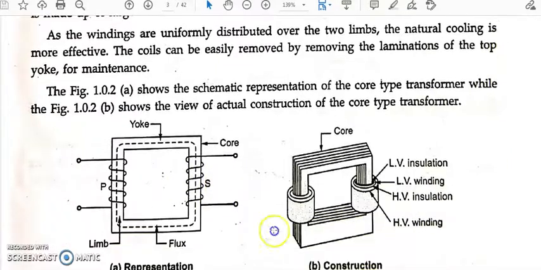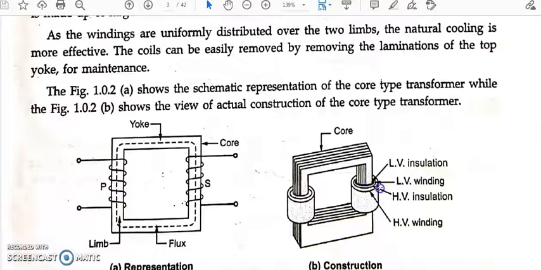Here we have wound low voltage as well as high voltage on both of the limbs. You can see low voltage is wound closer, that is nearer to the core, and high voltage winding is wound above the low voltage winding. The reason we wind low voltage first, inside, is the insulation, as we need less insulation for low voltage winding. If you wound high voltage first here, then we may need a good insulating material as insulator.